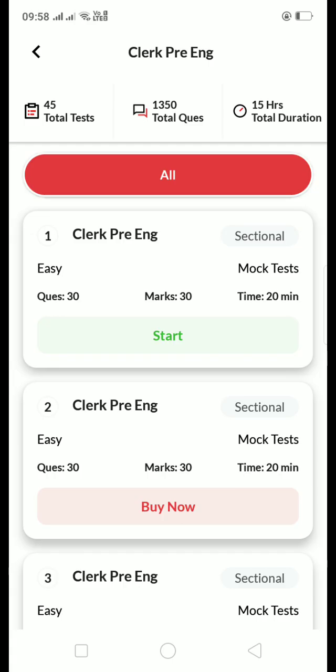आज again we are doing one more sectional test English के लिए and the app that I'm using today is Smart Kira. पिछले दो वीडियोस में मैंने दो अलग अलग ऐप्स के मॉक डाले हैं. You can check it out. और आज हम लोग करेंगे Smart Kira से क्लर्क लेवल का प्री इंग्लिश. So let's get started.